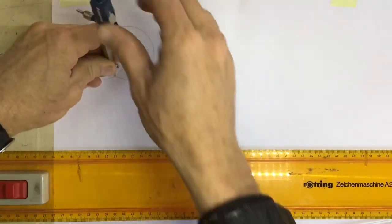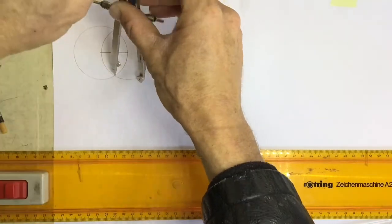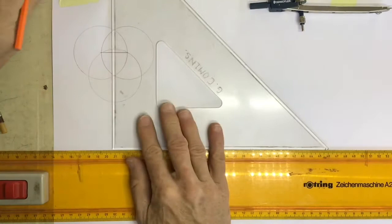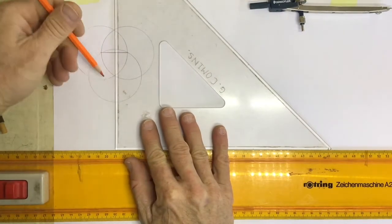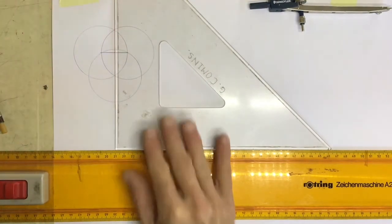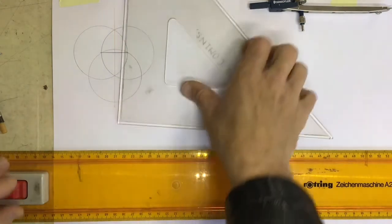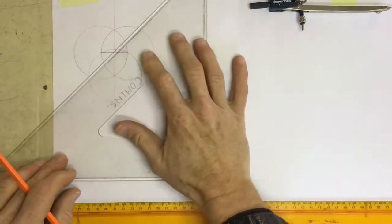Take the pair of compasses, still set at the same radius. Place it in over there at the intersection of those two circles. Draw a circle coming around like that. Draw a construction line coming up over here, which is going to make a perpendicular bisector between those two. Okay, once you've got that, get your glasses on, and then you can take your